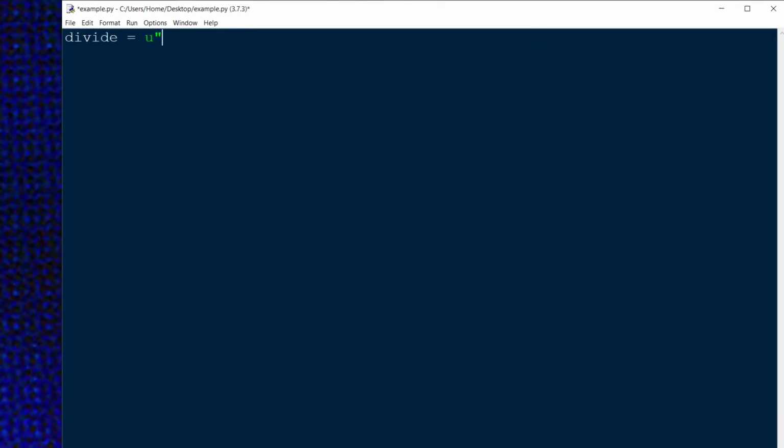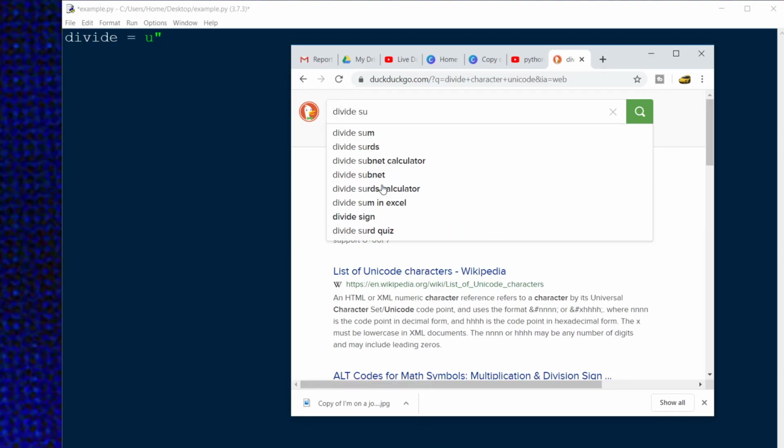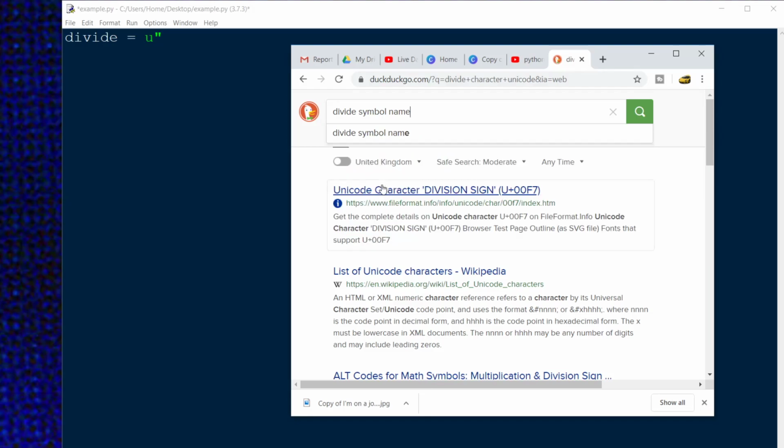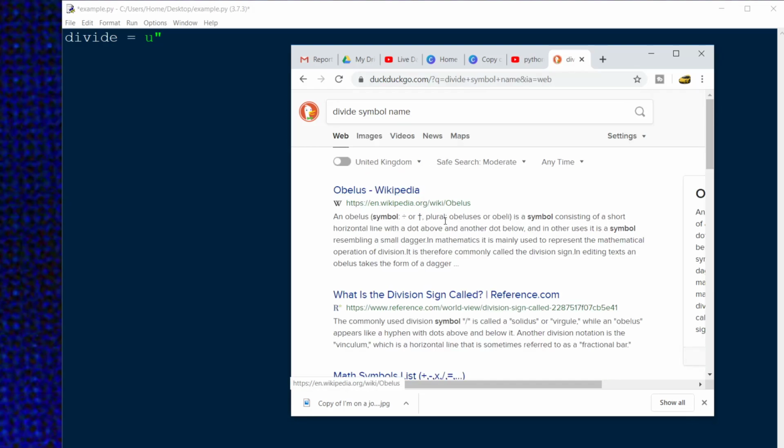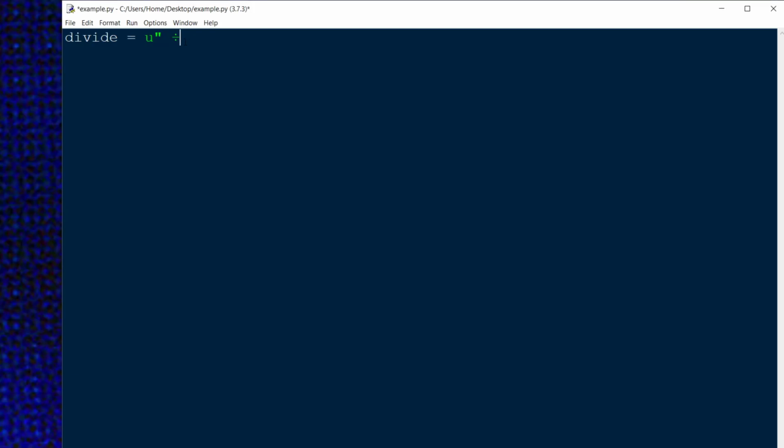Now, the only issue with this method is that I've got to find an actual Unicode character. So let's go and find that symbol now. Divide symbol. Let's search for divide symbol name, because I know it's got a name as well. It's a really weird one, the obolus. There we go, the obolus symbol. Right, so I'm just going to copy this and paste it in there, and that's the obolus